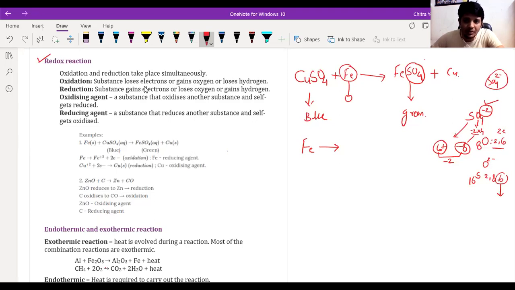It is a neutral compound. So to discharge this -2 charge, ferrous must have a +2 charge, then the +2 charge and -2 charge will cancel each other. That means ferrous has to have a positive 2 charge on it. So on the product side, ferrous has a positive 2 charge. I am going to write here, ferrous on the product side has a positive 2 charge, and it is formed by loss of 2 electrons.